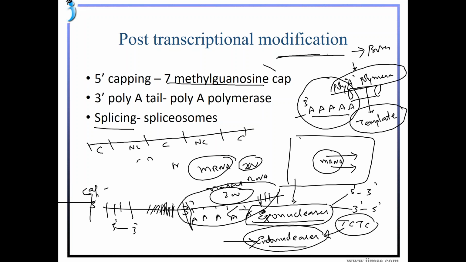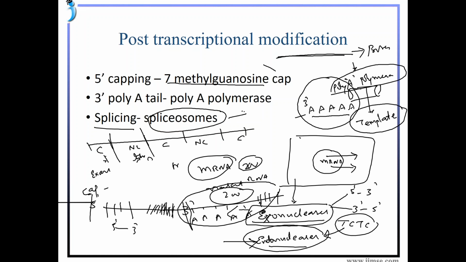So the whole thing will be coding for the protein synthesis. But in eukaryotes, there will be coding and non-coding regions. The coding region is called exons and the non-coding region is called introns. So we should remove these introns from the mRNA. So splicing will be done. What is this splicing? It is done by